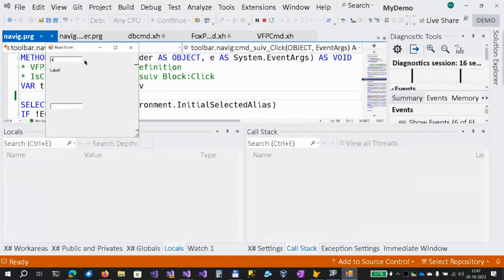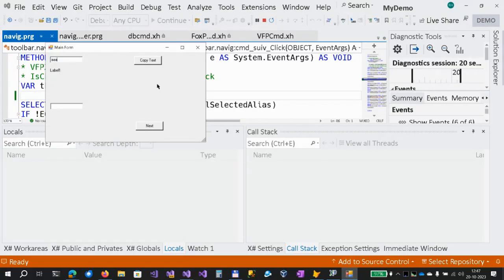But if I type something here, we see that in this version, the dimensions are not 100% identical. I think the form in FoxPro didn't have any dimensions, so it would default to the FoxPro form default dimensions, and this now defaults to the Windows Forms ones. But we can see the copy text works, so the event behind the button works.